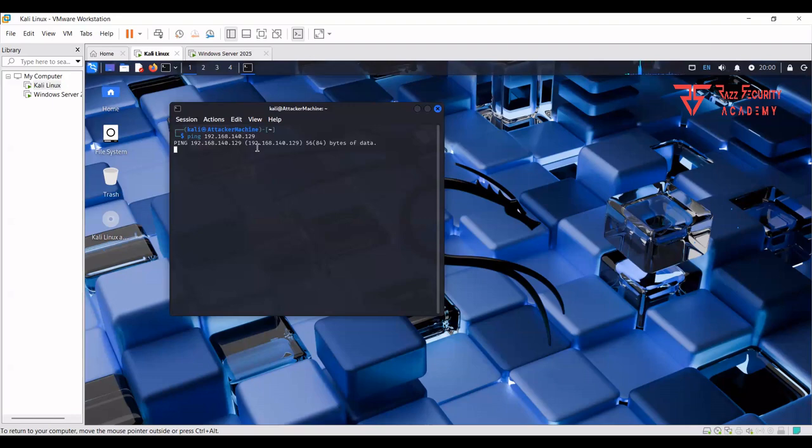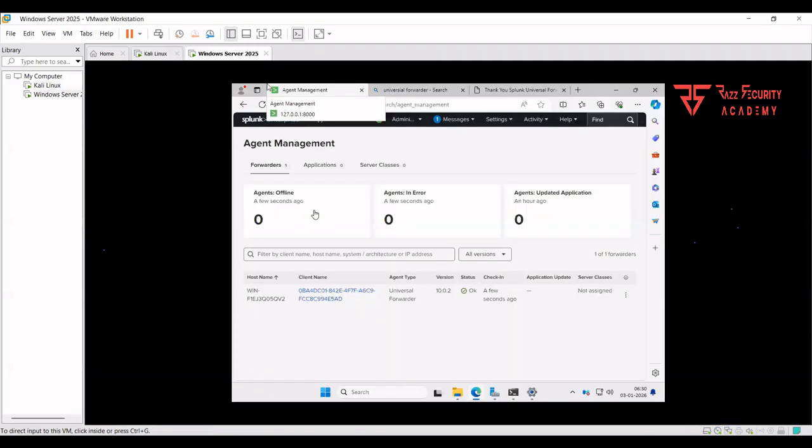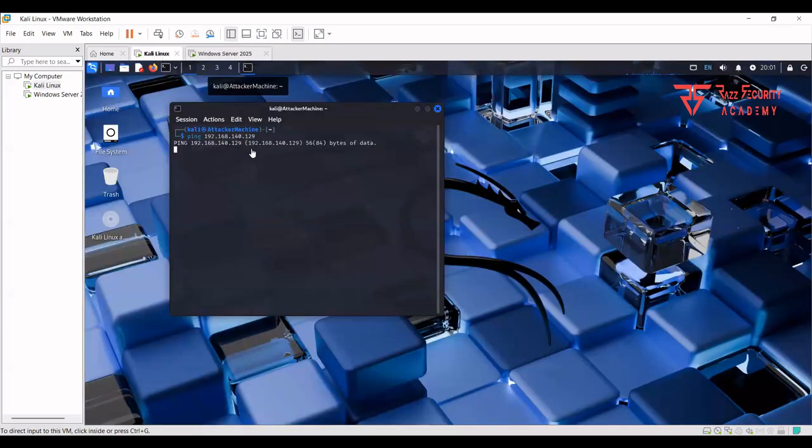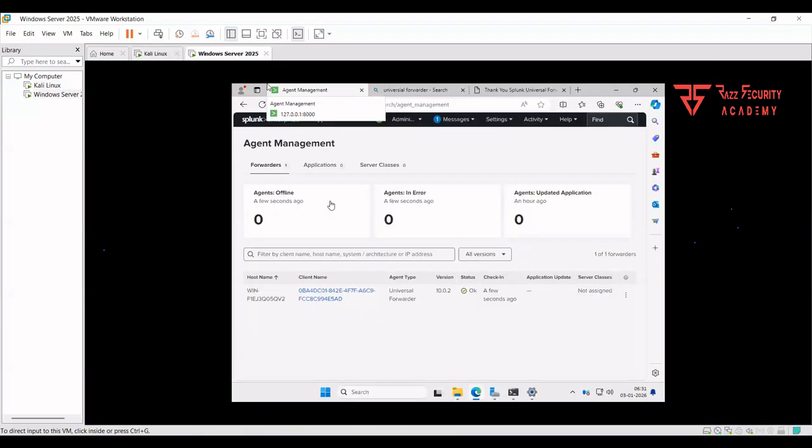Okay, we don't have connectivity. Why? Because right now my Windows Server firewall is blocking the activity and not giving permission to ping. If I disable my firewall,